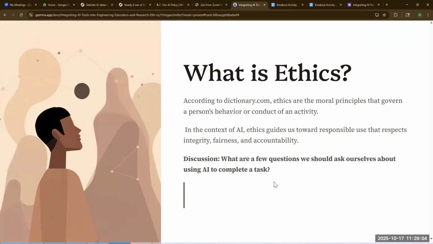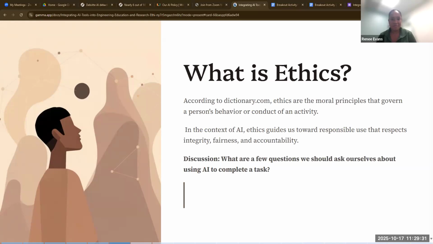Am I a subject matter expert? Yes, that's the question I'll ask myself. I'm saying if I have to complete a task, whatever task I'm trying to complete, am I a subject matter expert in that task? Okay. Am I explicitly breaking any rules or guidelines? Yes. Thank you, Pranay, for that one.